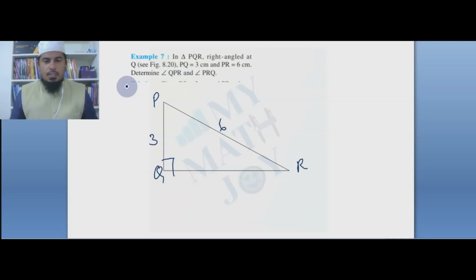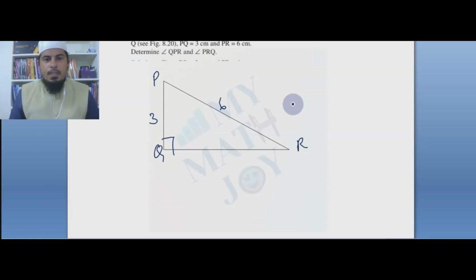So in this question he has not given us the angle, but he has given information of two sides. So again trigonometry comes into play, and it tells that if any two sides' ratios are given, then I can find all the angles also, and I can find other missing sides also. Okay, let us try this question now.